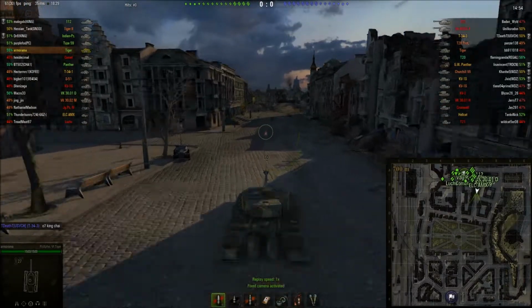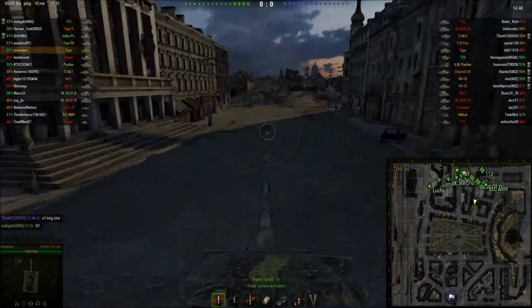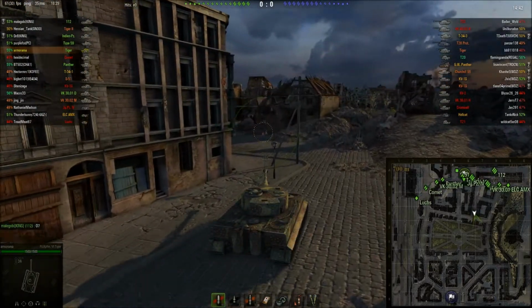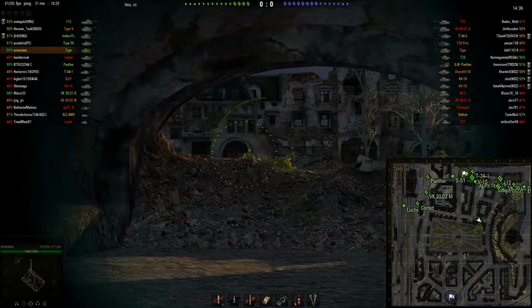So we're on Himmelsdorf. Teams are a little bit stacked in our favor, it looks like. So I know this is probably going to be a smash and grab, as Quickie Baby likes to call them. So I am going to work up to the Tank Alley area. I'm not going to push Tank Alley. I'm going to kind of see what's going on first. I'll wait for some of my guys to...